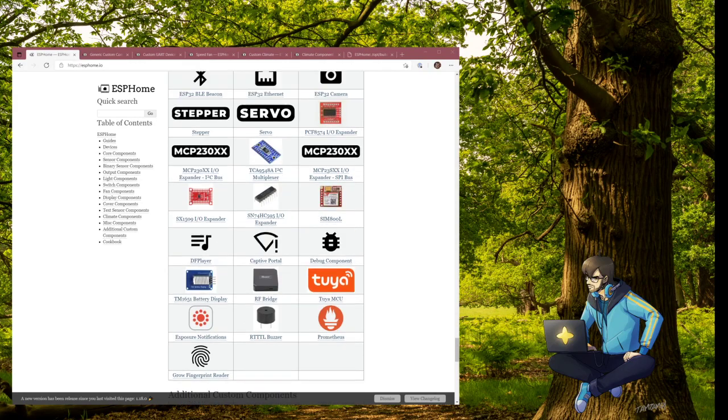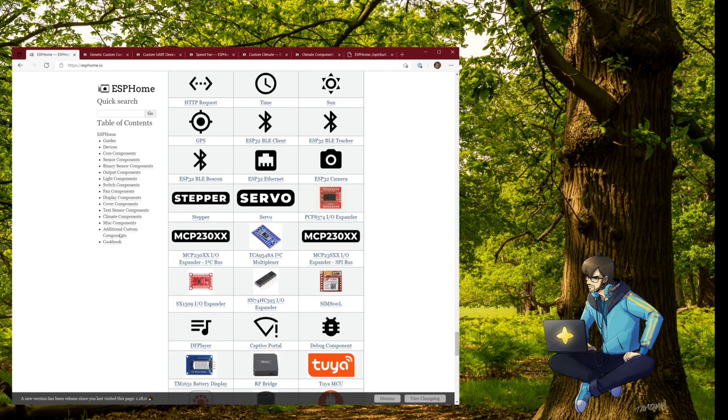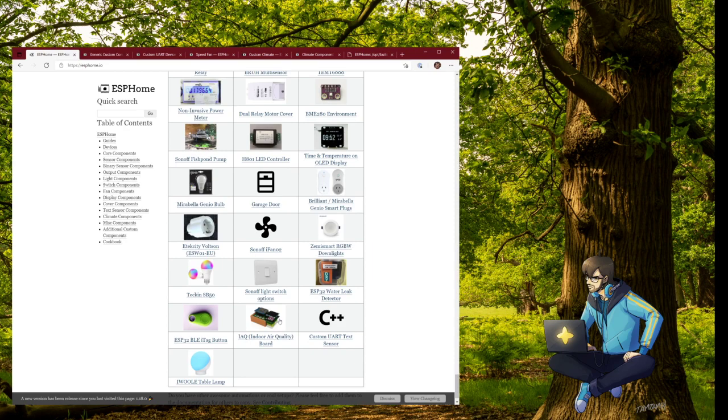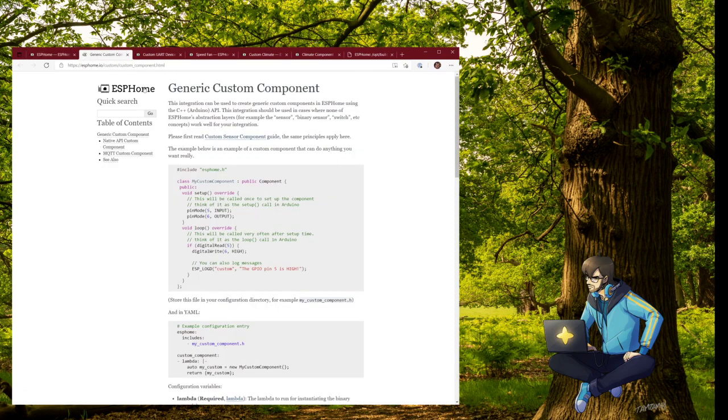So, ESPHome. For those who have not seen, this is the ESPHome table of contents of various components. It does have cookbooks if you want to set up things in a particular way, like the Sonoff stuff or the custom UART text sensors. There is a whole lot of things that is handy and everything is fine. It's nowhere near what I need right now, so I may just look at it to figure out how it works. This is the generic custom component, that's the way it works, and then it has the SpeedFan